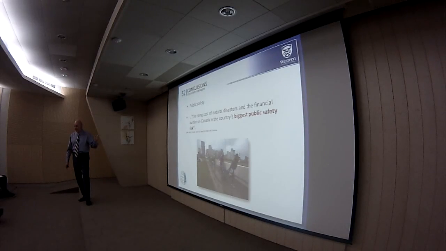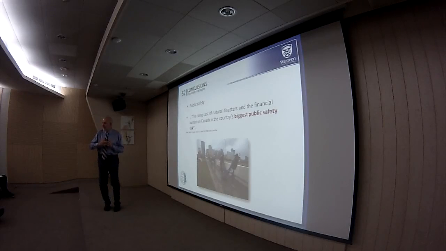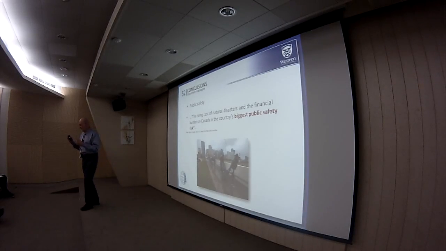The reason for this was that in 2013 we had 2 very large flood events. One hit the city of Calgary, central Alberta, and generated $6.5 billion damage. Another one was a 2-hour rainfall event that hit the city of Toronto and generated 220 millimeters of rain over 2 hours and paralyzed a portion of the city. $1.7 billion of damage. So these 2 figures in 1 year were affecting the Canadian budget.